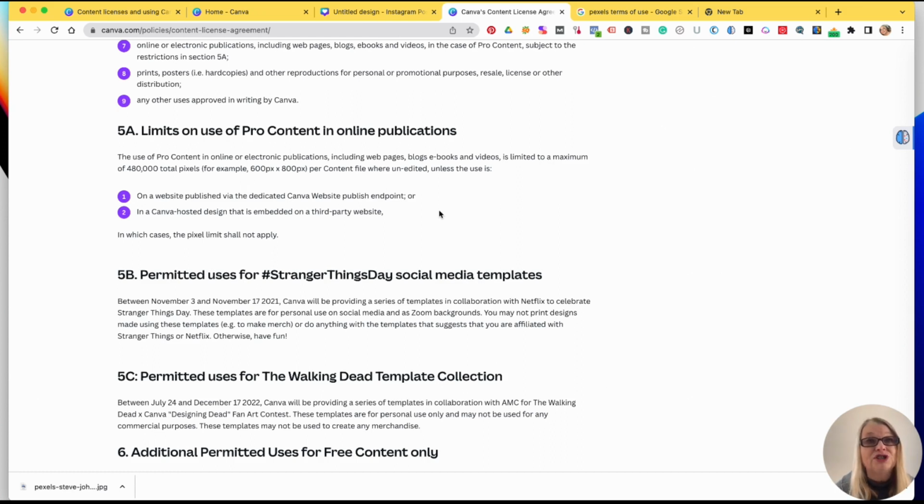This is why I always suggest Google the company's terms of service all the time and read through it, because people just don't understand this. Did you know that you could only have a 600 by 800 pixel image on your website, on a blog page? Most of us are downloading them at their full size, which is like 2,900 by 2,900 or whatever, or 1,800 by 1,200, whatever. And those are all too big. And this is a maximum of total, okay? So you have to be really careful where you're using this and how you're using it.